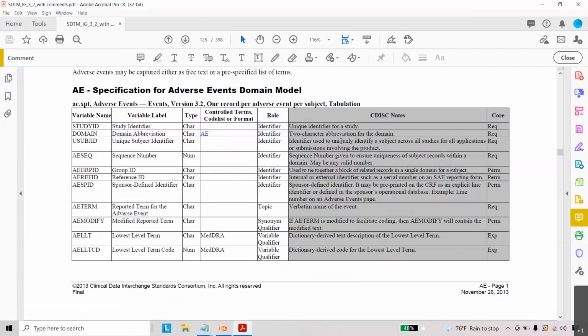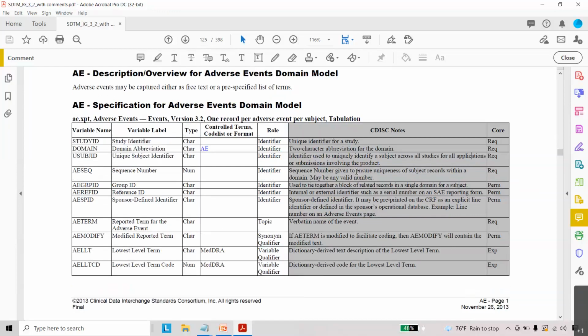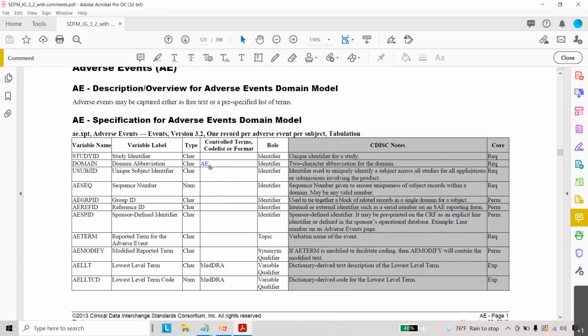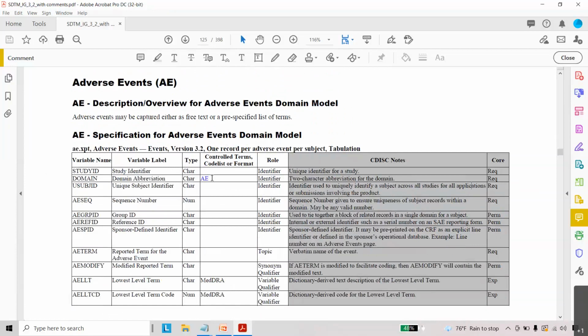When you receive the SDTM dataset for validation, first check whether the required variables are present in the dataset. If they are not present, you can inform the primary programmer that some variables which are important as per the SDTM IG are missing. That is a very important point to check. Also, as I said in my earlier sessions, SDTM domains typically contain 2 letters. For the adverse event dataset, AE stands for adverse event.